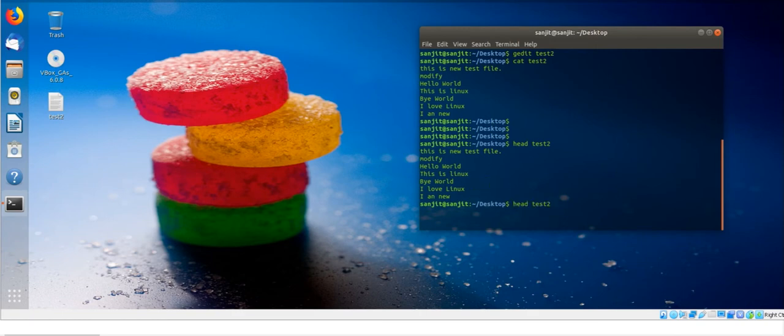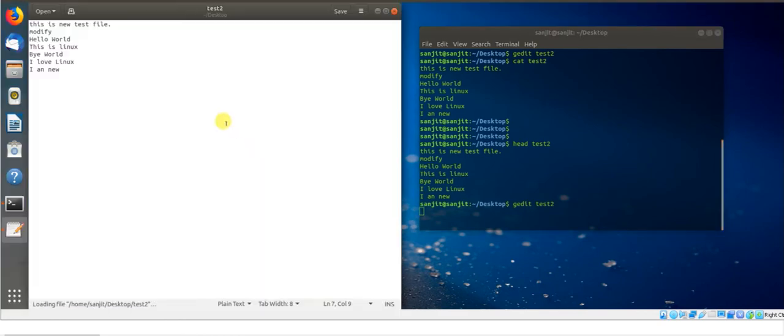So I will just edit this file and put in more data, more than 10 lines. I am new. I am learning Linux. I will go to work. Let's say anything, any kind of rough information I am putting.